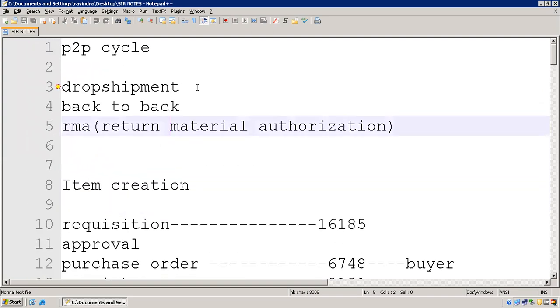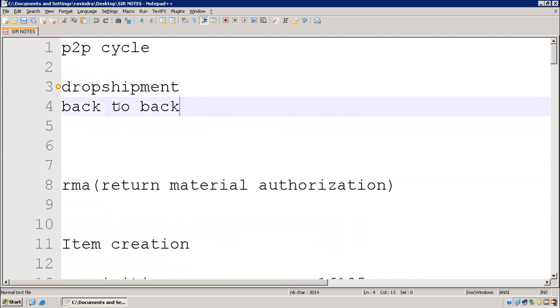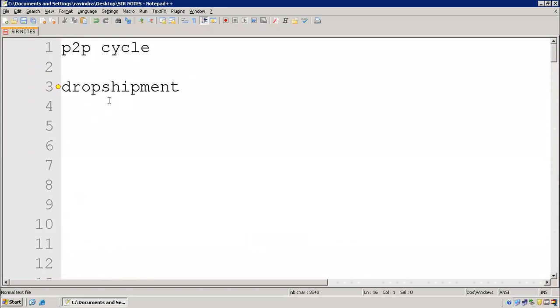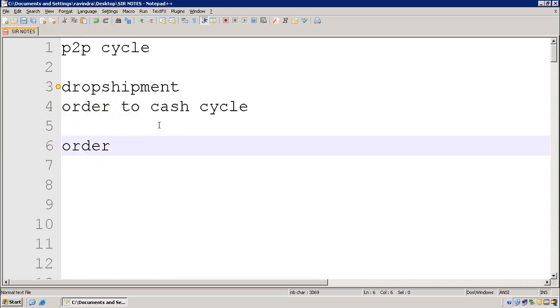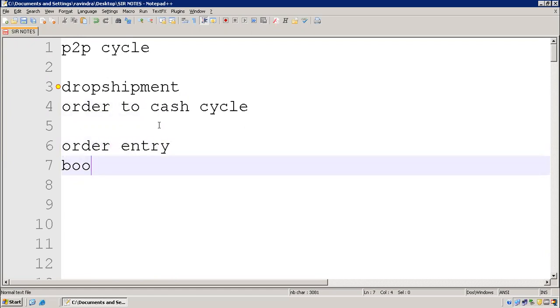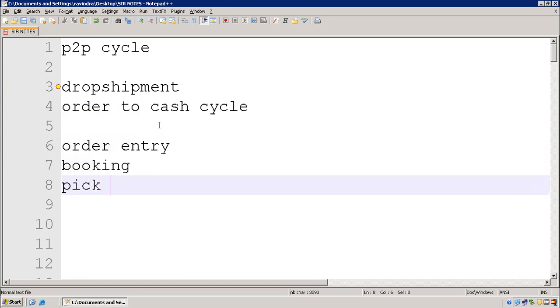Okay, we'll talk about drop shipment today. So if time permits, we'll continue back to back also. Drop shipment is in case of order to cash cycle. We will create an order initially, then we'll book that sales order and we'll do a pick release.